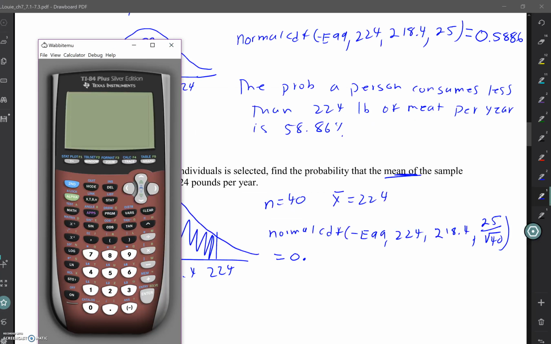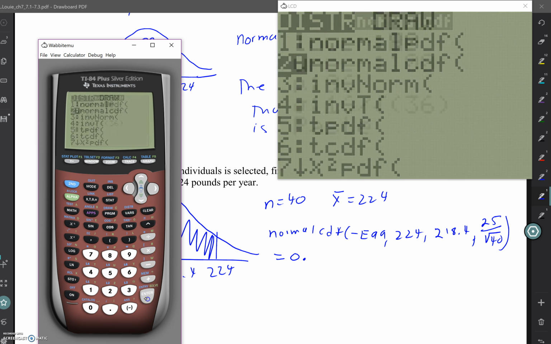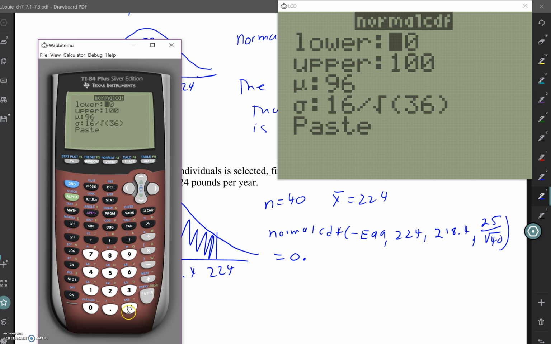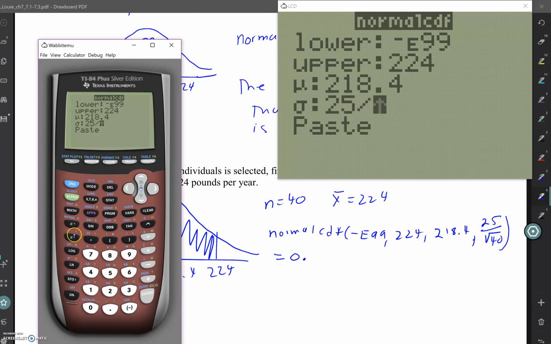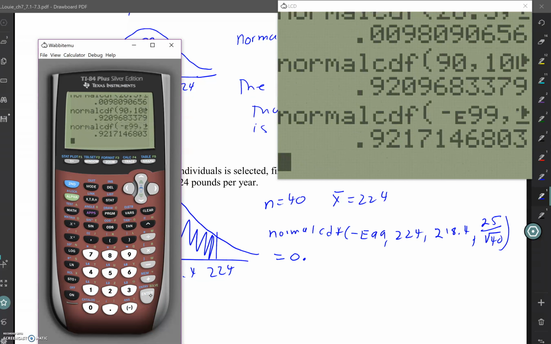Oops. So if I go to normal CDF and I've got negative infinity up to 224, and we have 218.4, 25 divided by the square root of 40. 0.92